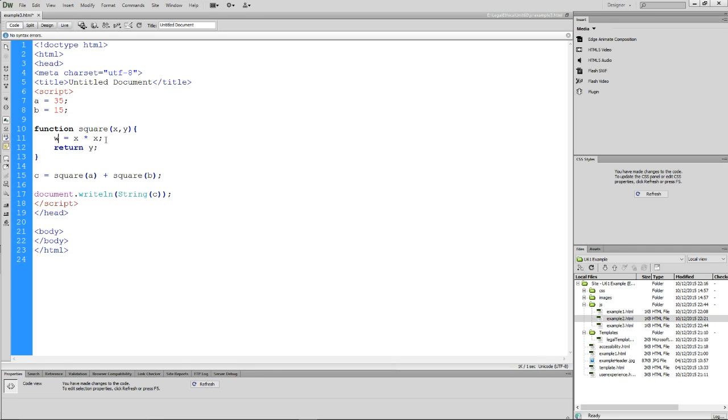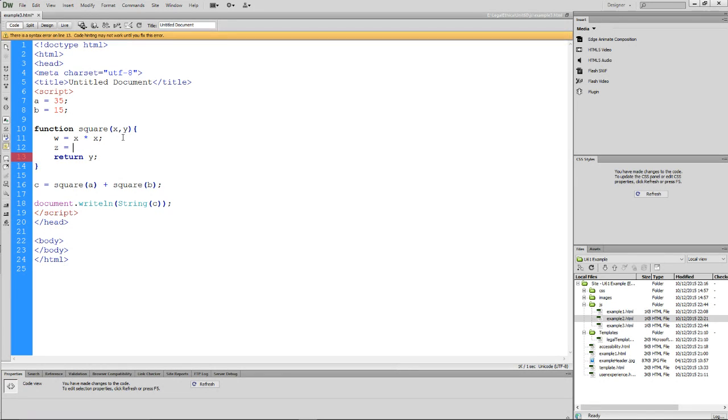So w can equal x times x, and z can equal, actually, y times y, and I'm returning